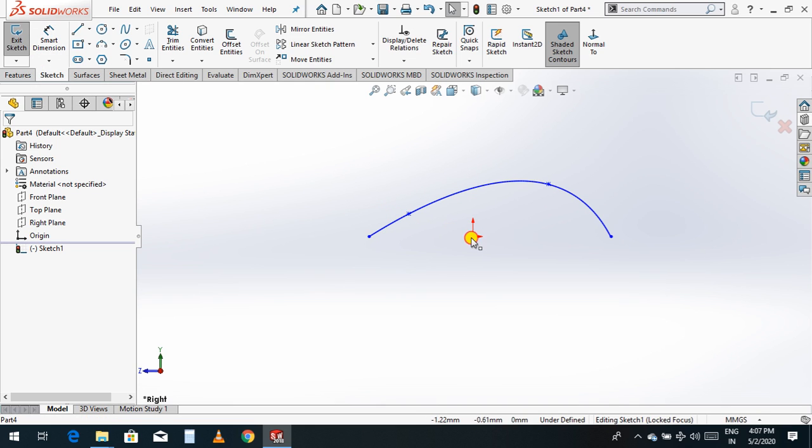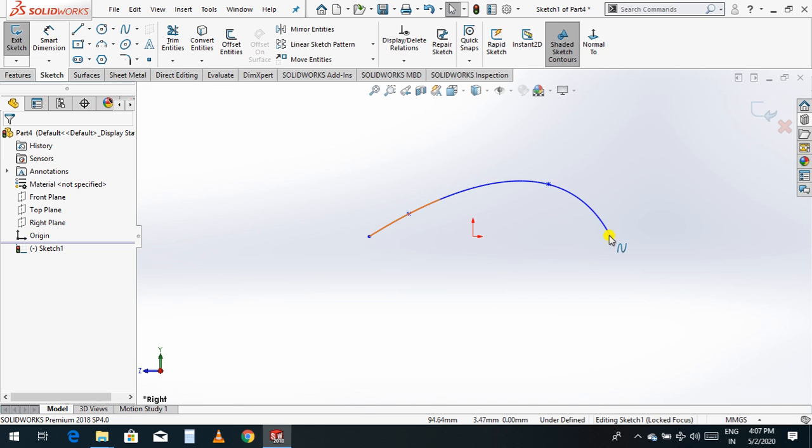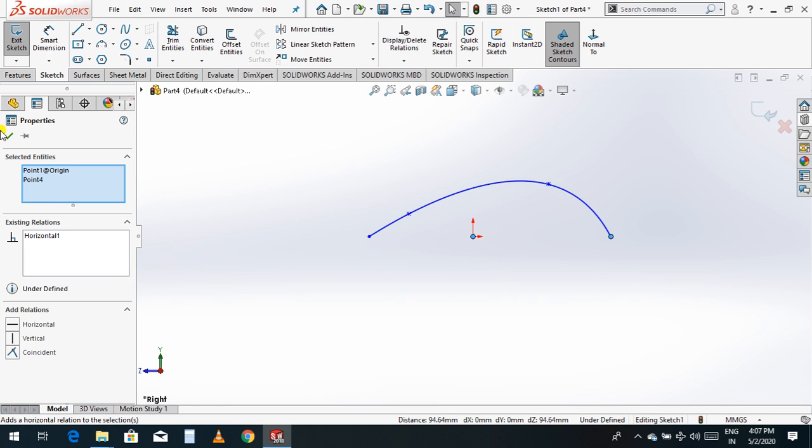And take the relation from this point and this point is horizontal, and this point also it should be horizontal. Select OK.